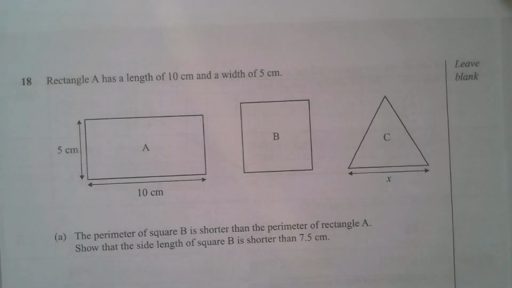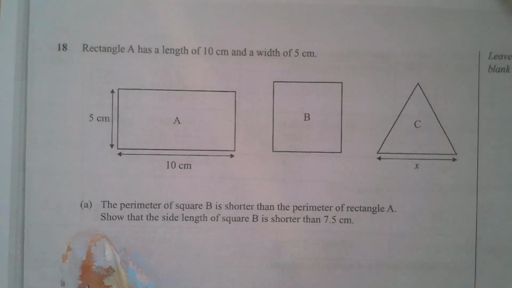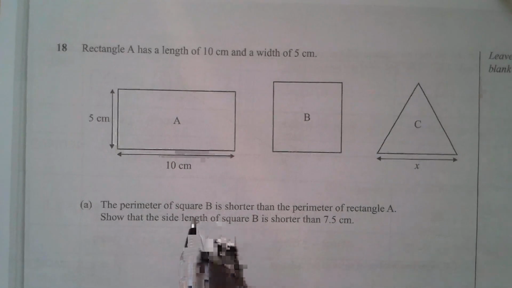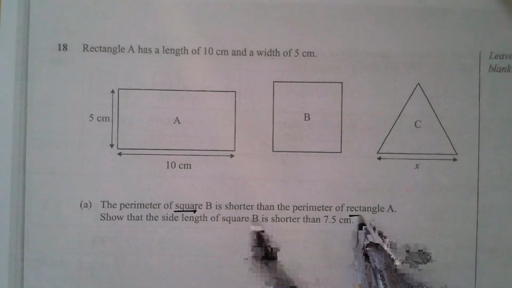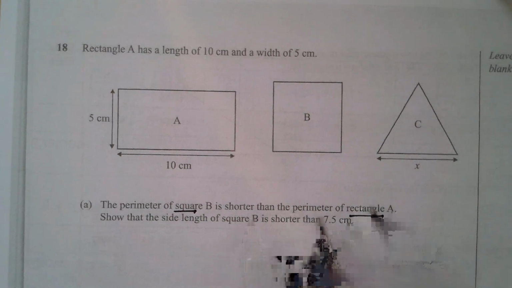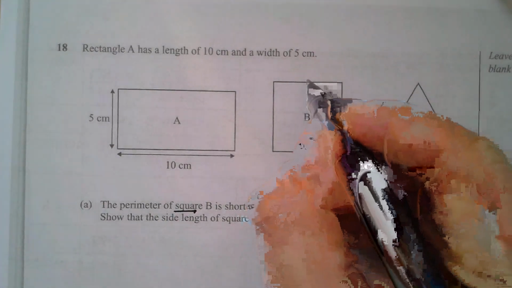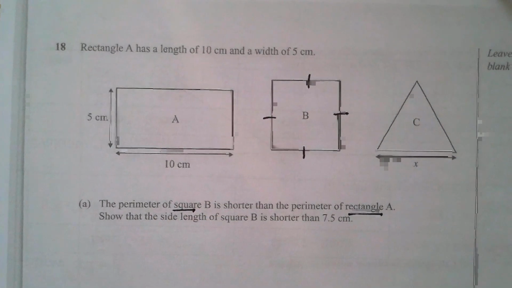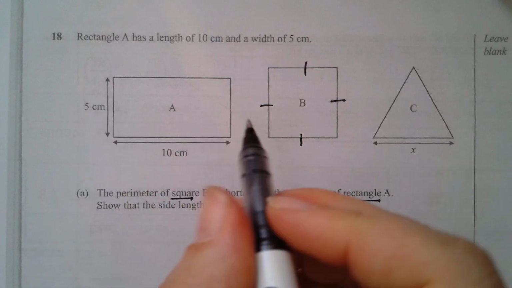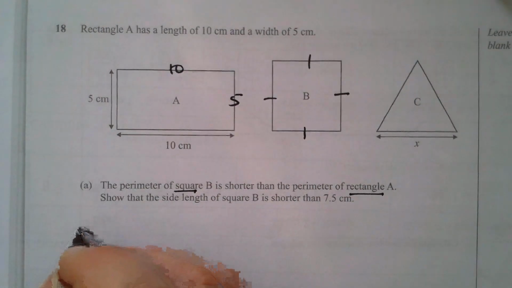This is the tricky one with ratio. Right, area, perimeter, ratio, and algebra, just for fun. Question 18, A. We actually just need the square and the rectangle. It talks about the perimeter of rectangle A and the perimeter of square B. Square B means that this side, this side, this side, and this side are all the same. The perimeter of it's a rectangle, so we know this is 5 and this is 10. Right, so